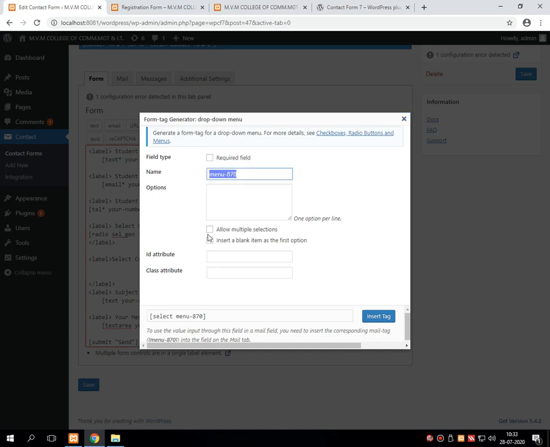Name of this drop down menu is select course. In that I am taking BCA, BBA and BCom.